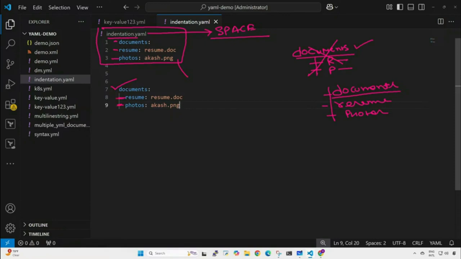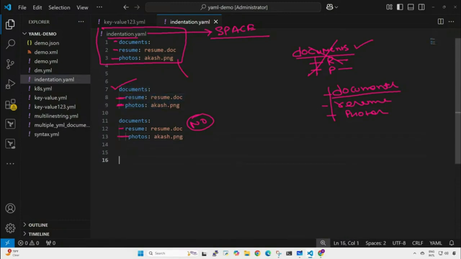If we mention it like this, do you think it is correct? The answer is no. Why? Because we have not followed the proper indentation, proper spacing, to show resume and photos are present on the same level. Or else, if I mention it like